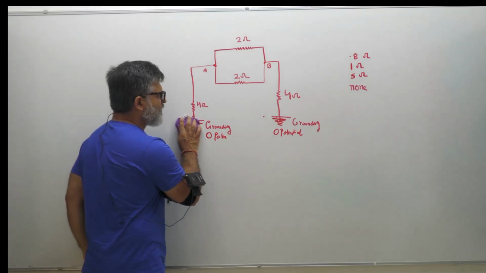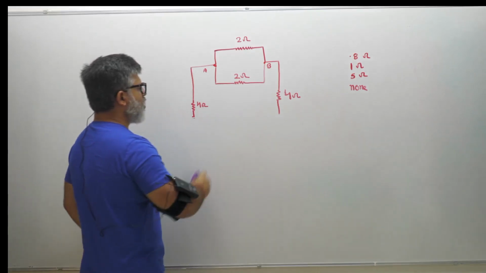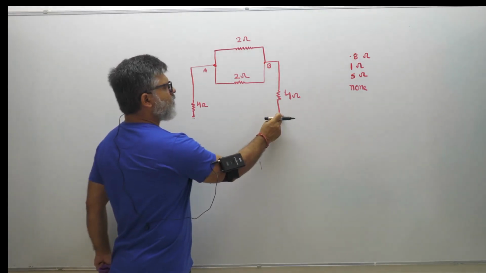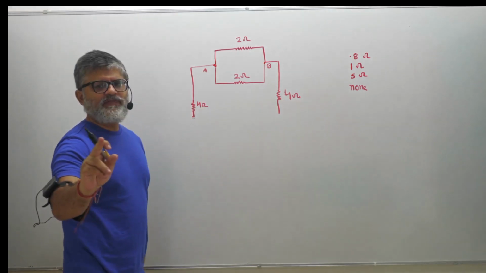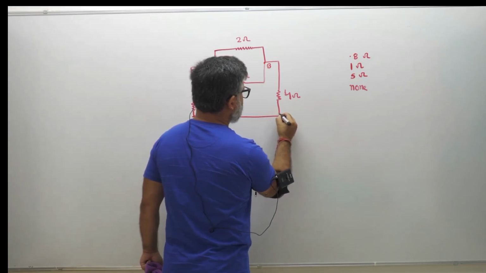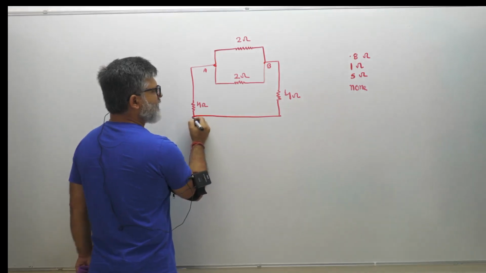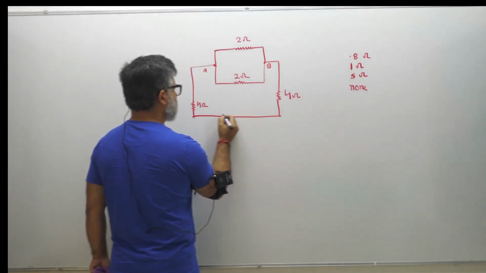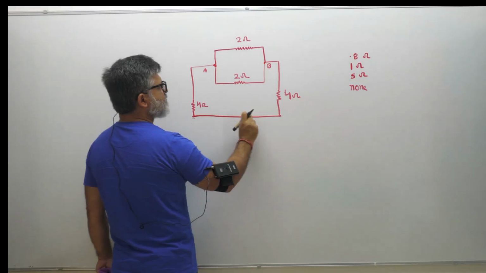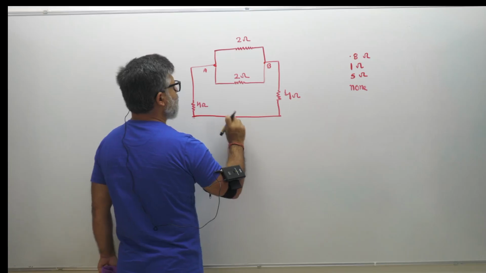I am removing this. Okay. So these, okay, this is gone. This was 0 volt, this was 0 volt, so they're equipotential. I am connecting them because they are equipotential. So if you draw a wire like this, okay, what it represents is zero potential. There is no drop due to some resistance or anything.